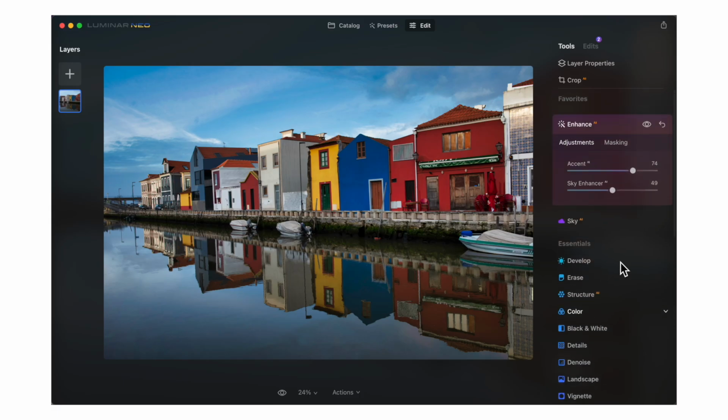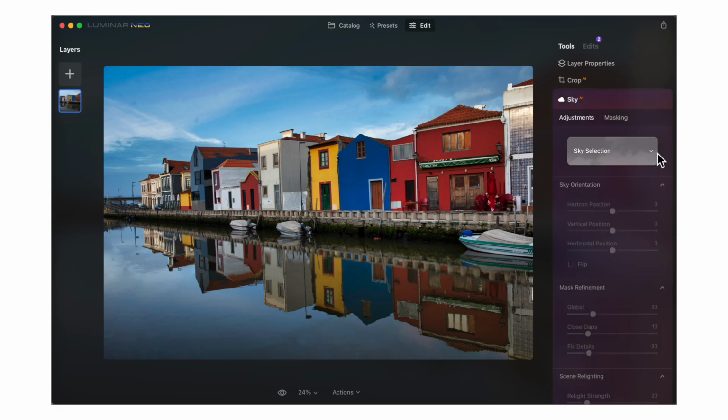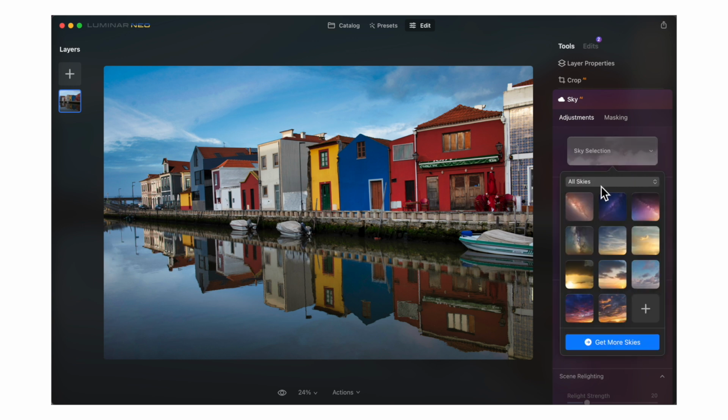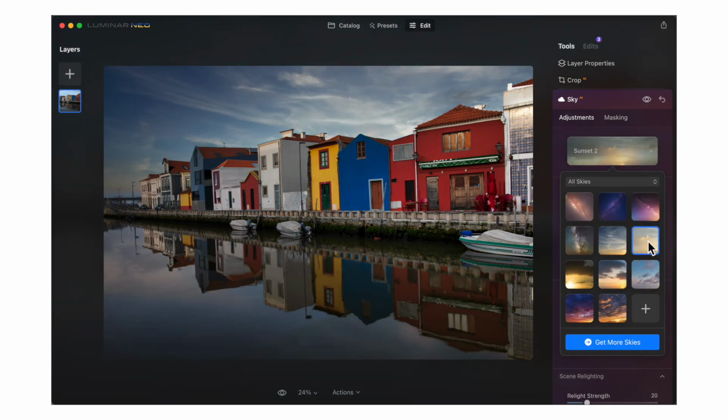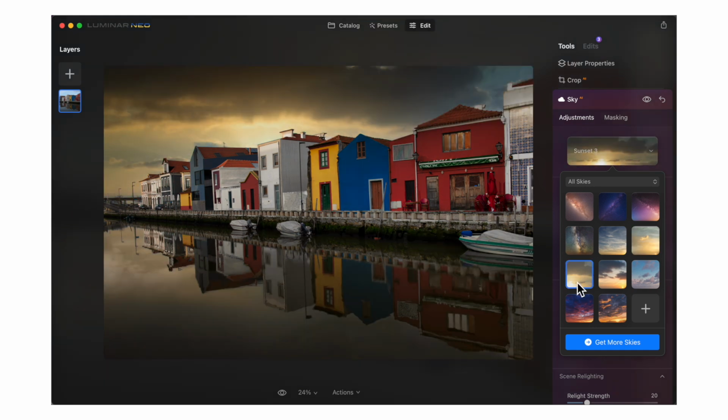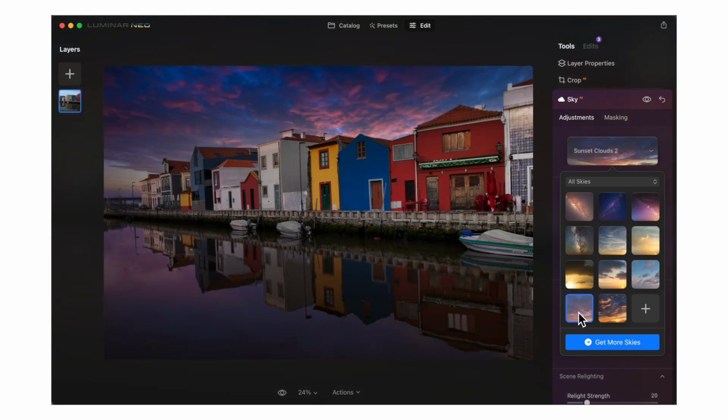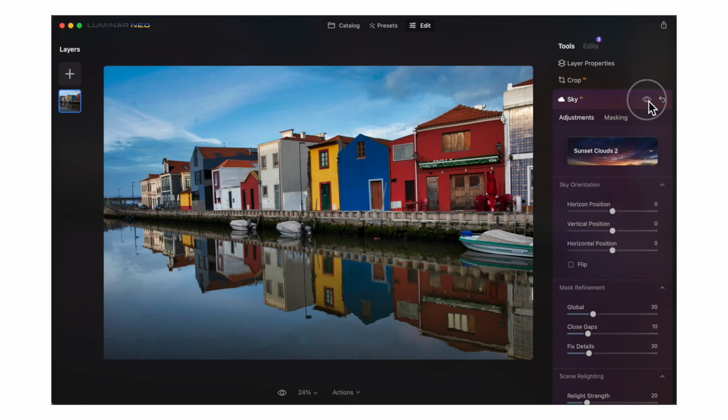It does a pretty amazing job as well. But my favorite tool in this program is called Sky Replacement. So with the Sky AI tool, you can replace the current sky that you have in the photo with some pre-downloaded ones that come with the program, or with clouds that you've taken that you want to use and change your photo with. So as you can see here, there are a ton of different ones that you can play